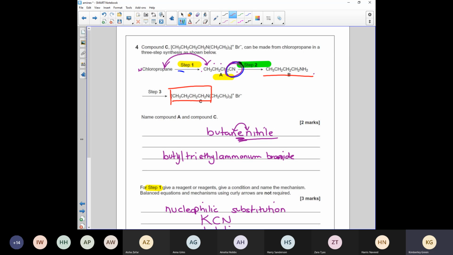So what has changed? Well, we've got a bromine for 1. That might give us a bit of a hint. We've added this ethyl group. Well, not it, we've got 3 of them, haven't we? We named it, we looked at it. We named this thing. We can see that there are 3 ethyl groups involved. So what has changed? We have added 3